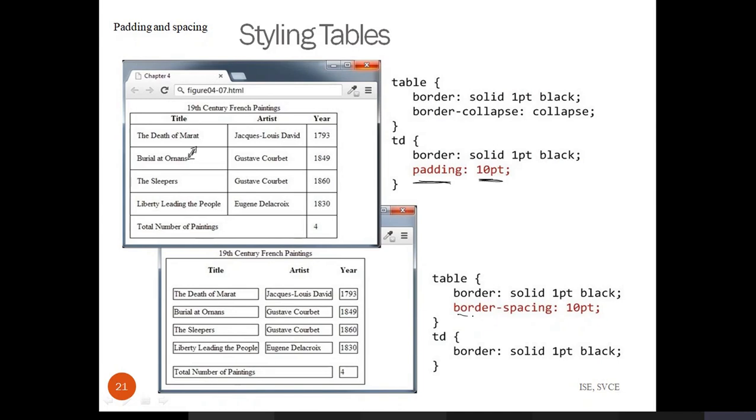Next we have border spacing. Border spacing means the space between the cells. Every cell has a border, because I have specified a border for each cell. If you don't specify this property, then you won't get the borders; you will just get plain text. Here I have specified the border, and I am also giving more space between the borders of each cell. Border spacing I have kept here as 10 pt, 10 points. In that case, you can see the difference between the first diagram and the second diagram. Here the space between the cells is increased, and that is called border spacing.